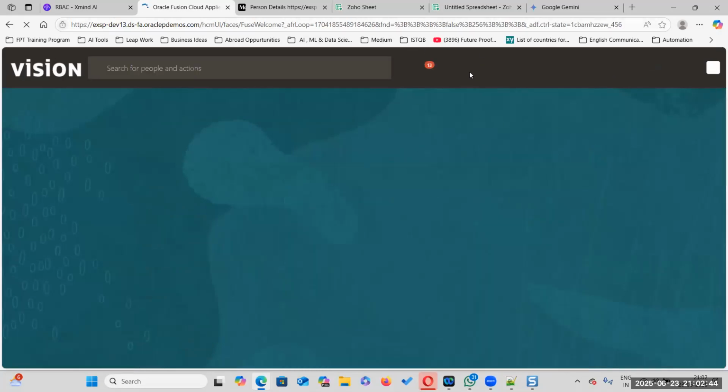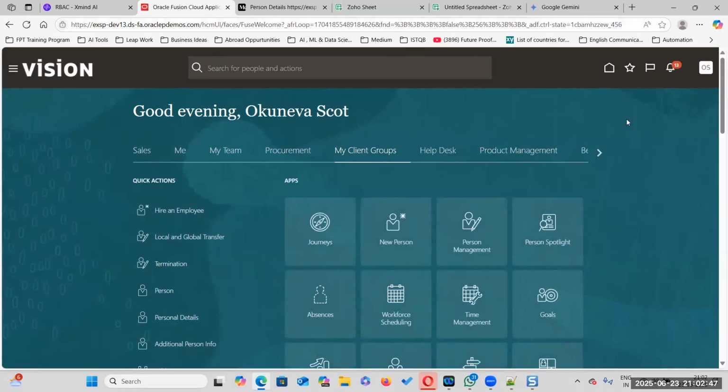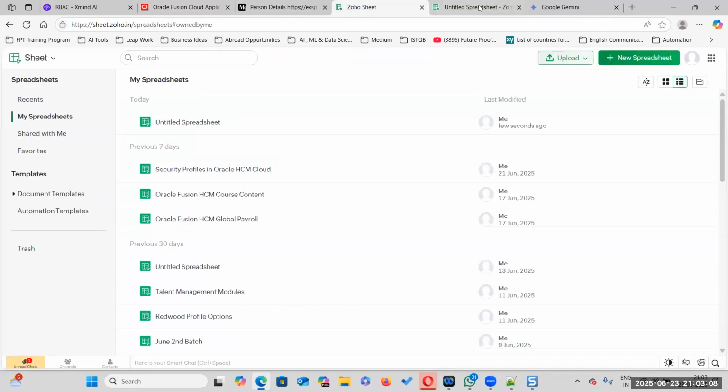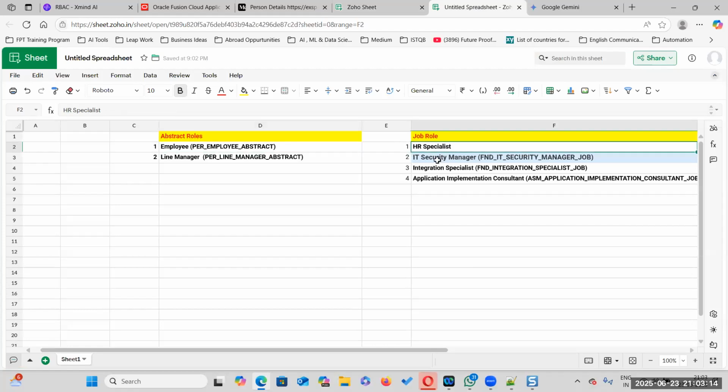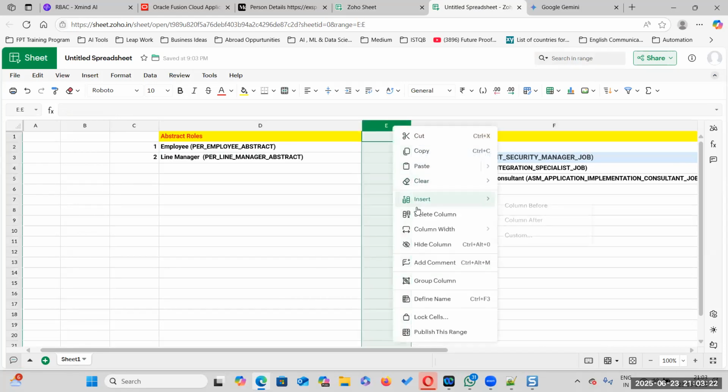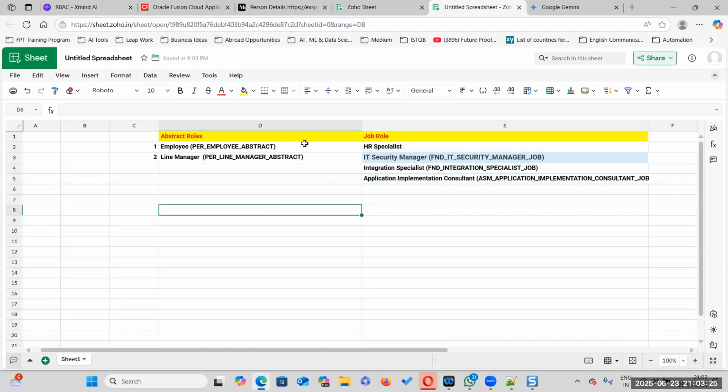So with this, the application is going to increase for each and every job role for the particular person. It means his roles and responsibilities are getting increased. At the same time, if you want to delete, we can delete one by one and reduce the application for this particular person. Everybody understood the concept, right? What is an abstract role, what is a job role, and how we can add under this role. One question: under certain job roles, can we remove some features also, as a functional consultant?